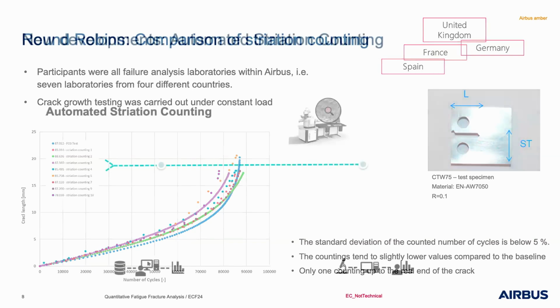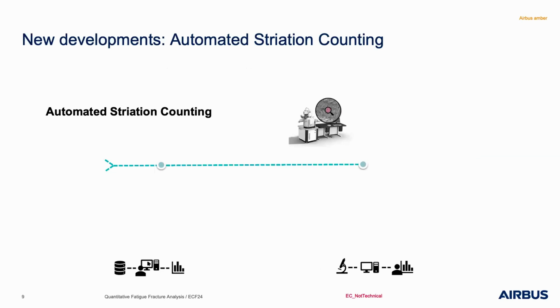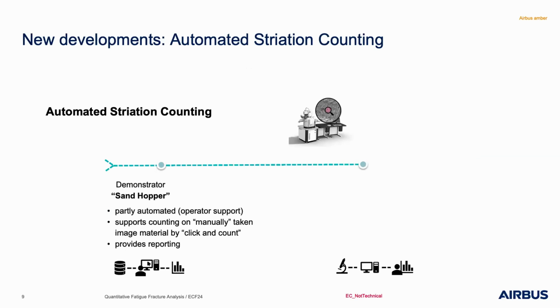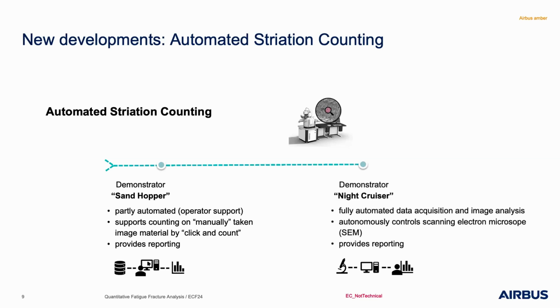So yes, as I said, it's really time consuming. So we started with new developments. The last time is really to start with automatic striation counting. The first demonstrator called the Sandhopper, because it's a partly automated tool which supports only manual taking images by clicking and counting, and the end and the final aim is really to produce the so-called night cruiser, which is a